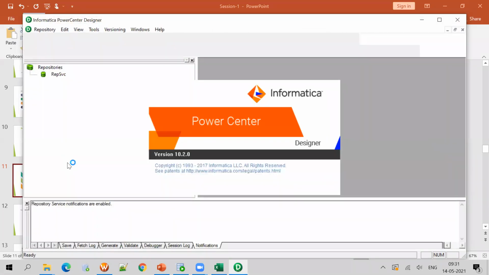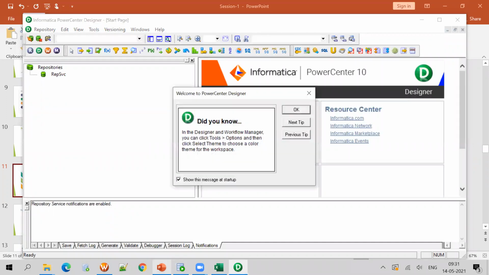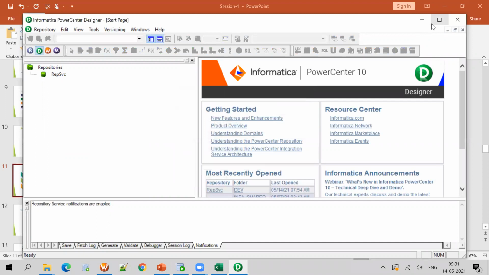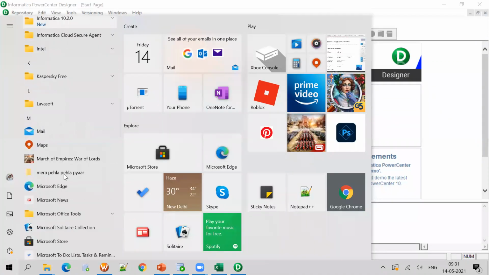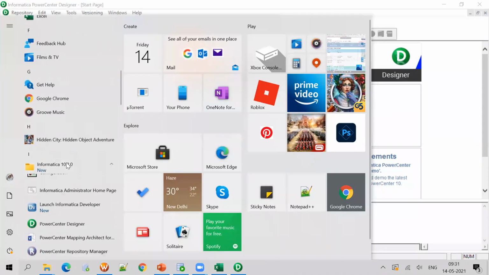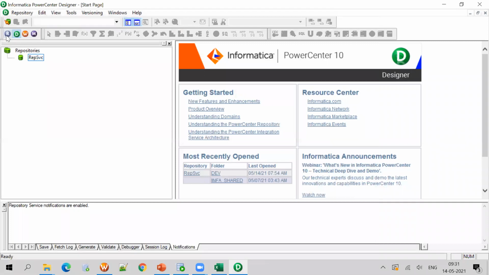Let it open. So if you see here, it is still opening. Just a second. Okay, so if you see here, this is Power Center Designer. Then this is R, right? You can go here, Informatica 10.0, and launch Repository Manager. If you open any one tool, it will be there here.